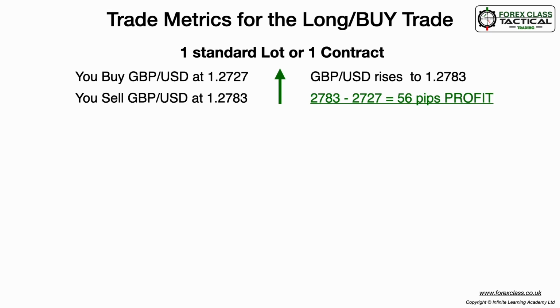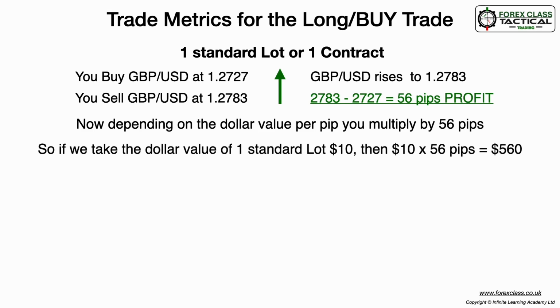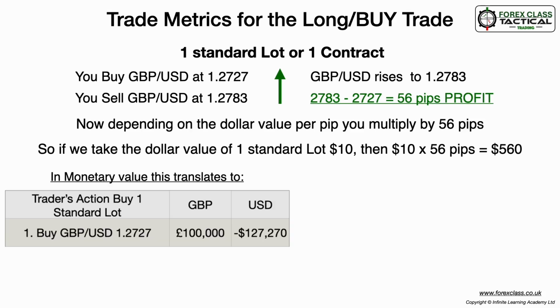To calculate your profit, we use the dollar value per pip. This simply means how much is one pip worth in dollars. In the case of a standard lot on GBP USD, each pip is worth $10. So, 56 pips multiplied by $10 per pip equals a total profit of $560. In terms of monetary value, you controlled a position size of $127,270. You purchased £100,000 and paid